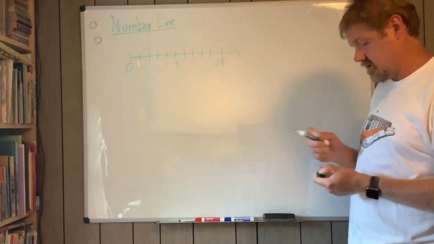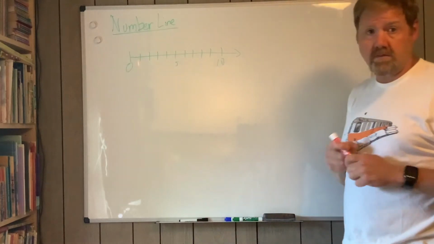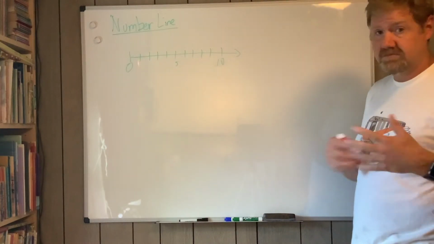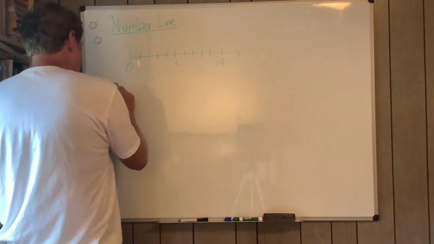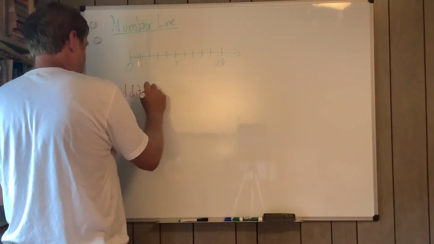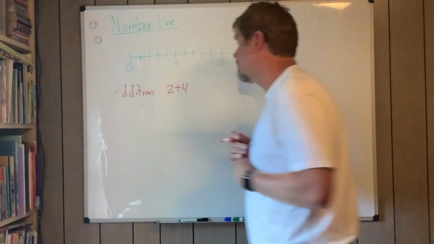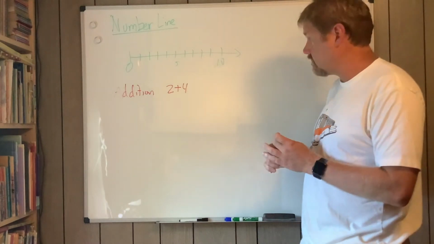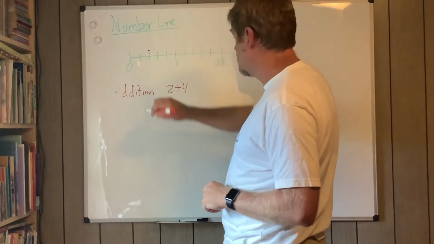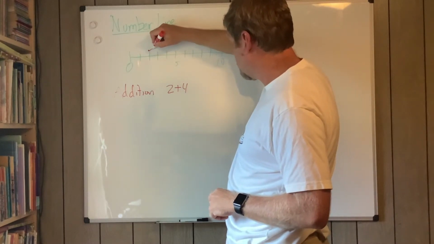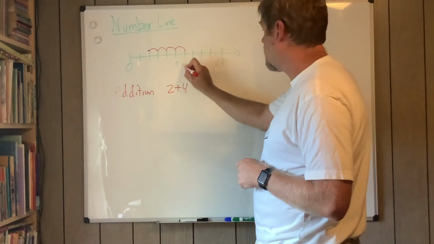Okay, now some of the things we can use the number line for are some of the arithmetic operations that we do, right? And so if we have addition, let me just do 2 plus 4, right? So we can represent this on the number line by starting at 2, and you can do 4 little hops, 1, 2, 3, 4, right? And you end up at 6,